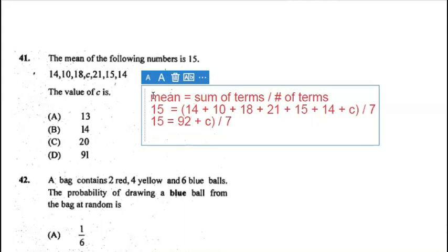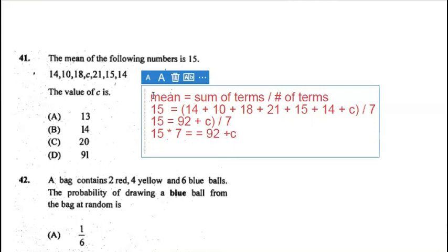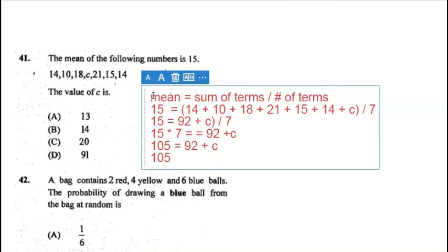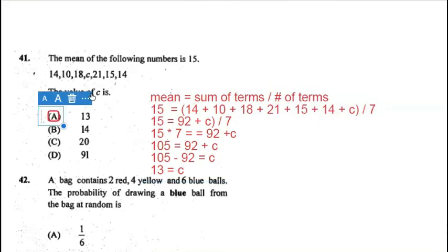So we get 15 multiplied by 7. So we're now trying to solve for C. 105 is equal to 92 plus C, because 15 times 7 is 105, and therefore C is equal to 105 minus 92. 105 minus 92 is equal to 13, and therefore C is equal to 13, and our answer for 41 is